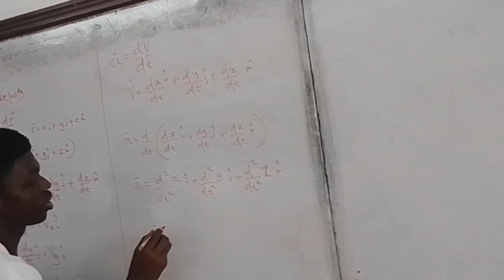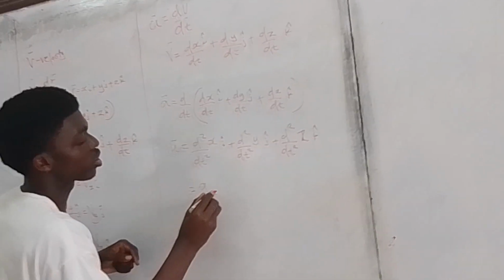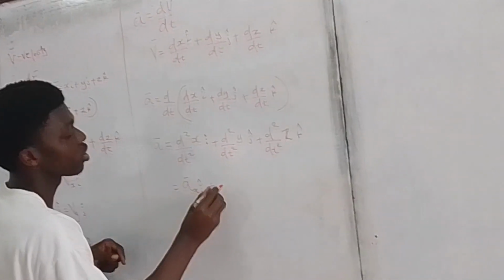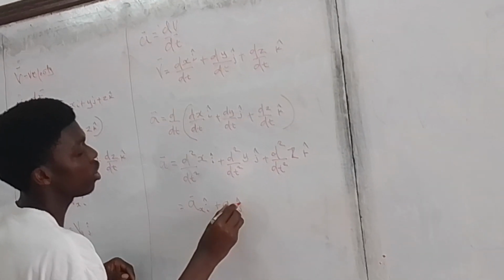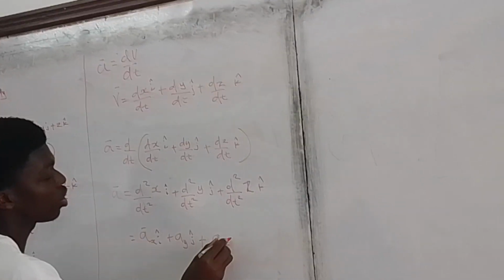But dx over dt is given by velocity, right? So this one will have acceleration a is equal to